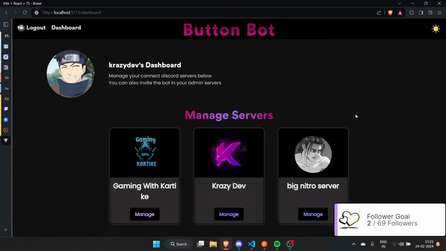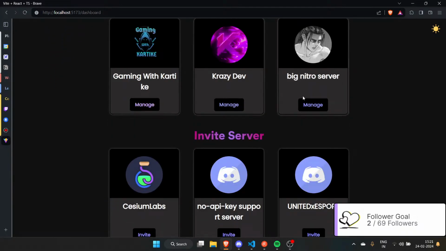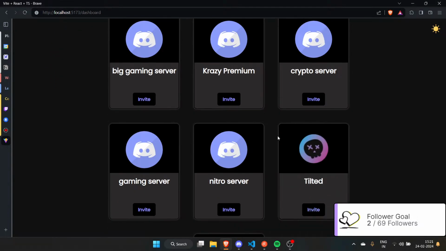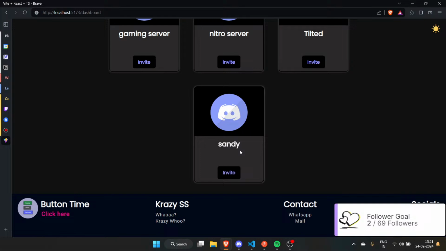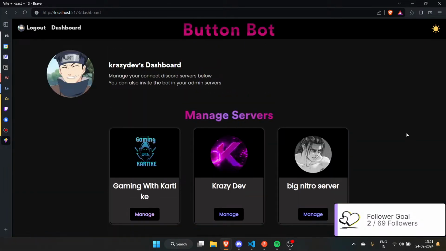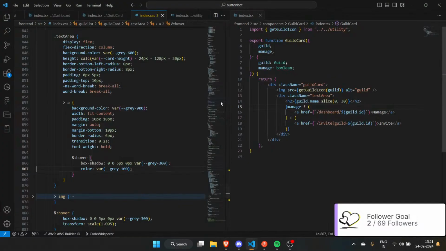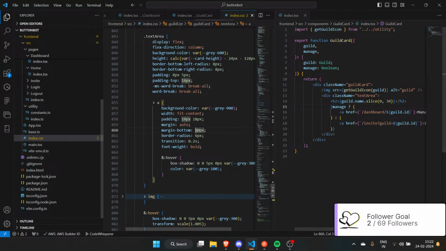All right, everybody. So now we have a pretty much basic design done. We have invite button and so on. It looks pretty sick, I will say. And now what is next? So next is actually making the dashboard page. So let's do that. As you probably know, I have no idea how to do that.